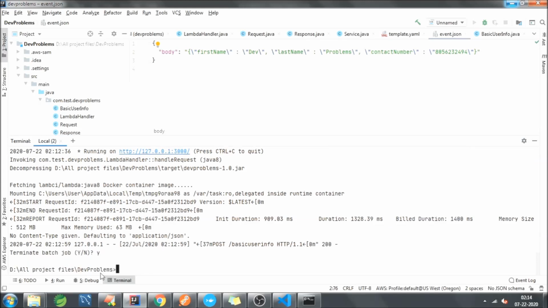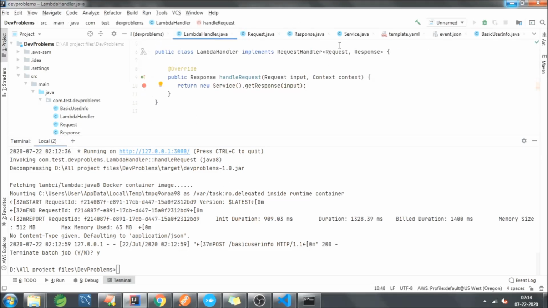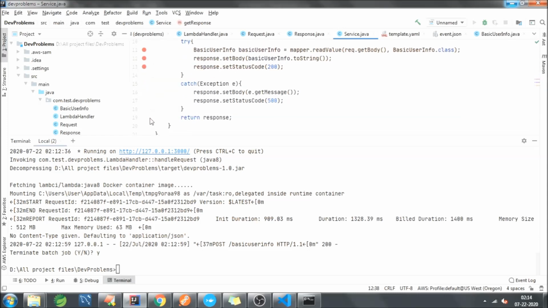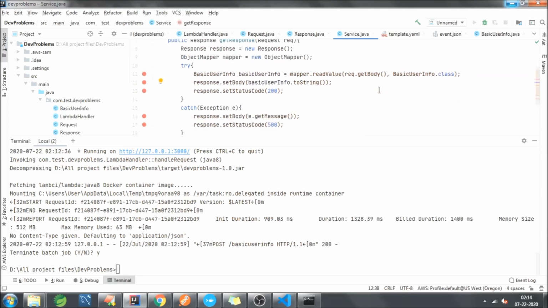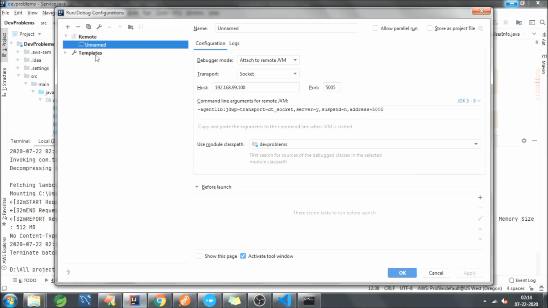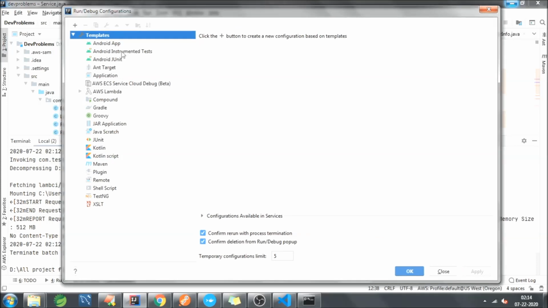Now what we're going to do is start debugging the Lambda code. I will put in the debug points, and then we will go to configuration. I have created one already, but I will delete this and create from scratch, then apply. To debug your Lambda, you need to create a remote connection.